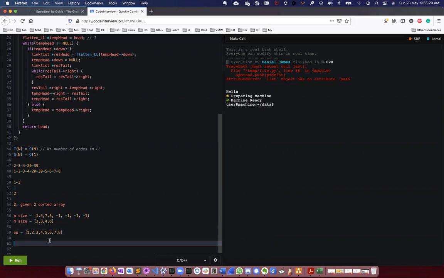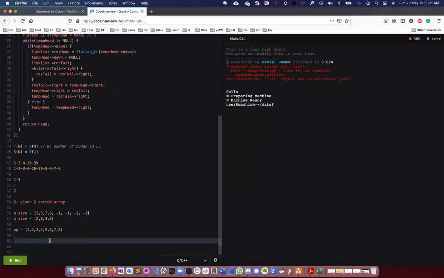So let's call the first array A, and the second one B. We have to merge B into A without taking additional space. Yes. So as this array is sorted,